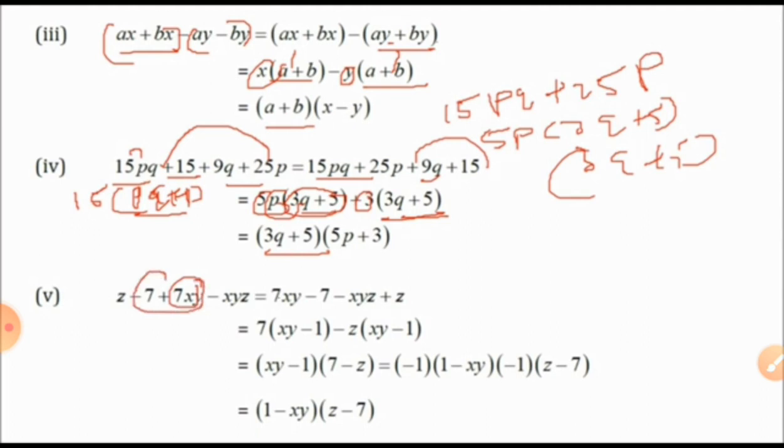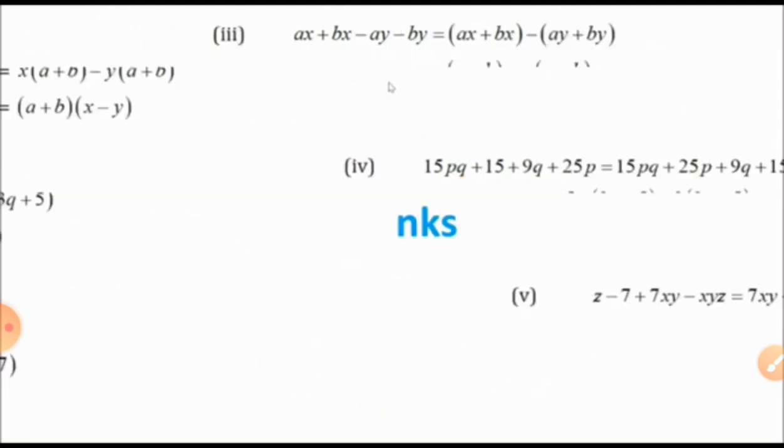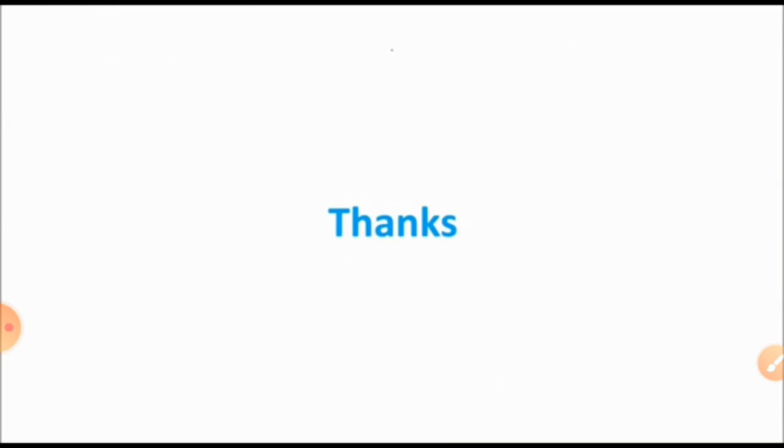Correct. So here we can check out these two terms together and rearrange the last terms. Let z go behind, beta, so we will write 7xy first, minus 7, minus xyz plus z. What is left here? If I take out 7, I have xy minus 1, 7 minus z, that is also xy minus 1. Both terms have xy minus 1 as the common one and then after the 7 minus z. Is it correct? So here 1 minus xy and z minus, it is also over. So here we end up our 14.1 exercise.